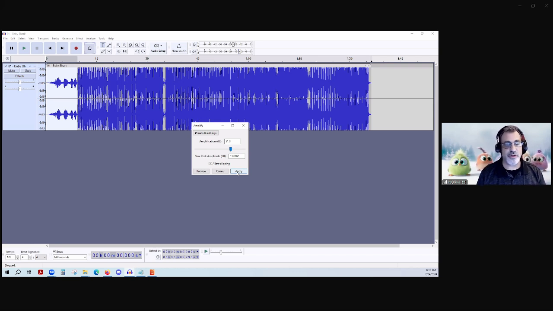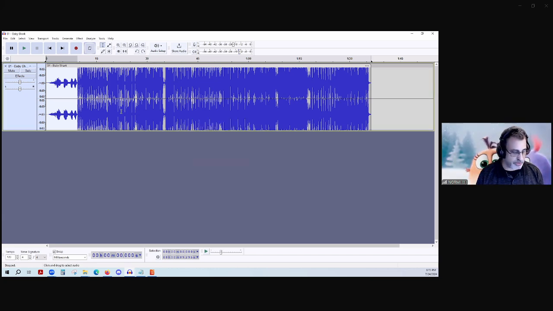Once you have a clipped audio file, you can't repair it. If you have clipping in your audio file, even if you decrease the volume or the amplification, once you save it, you can't really fix it. So the best thing to do is, I would never check that box. There's no need for it.